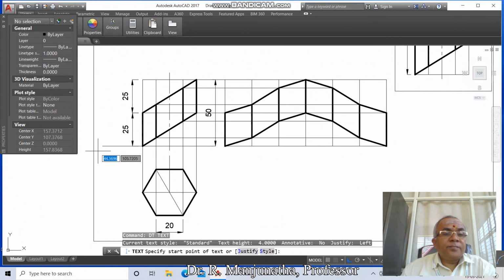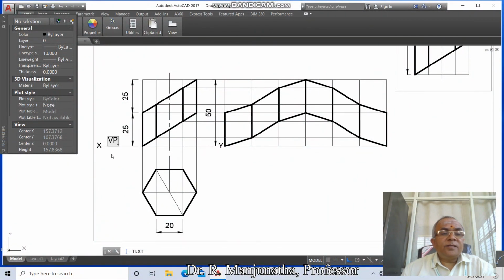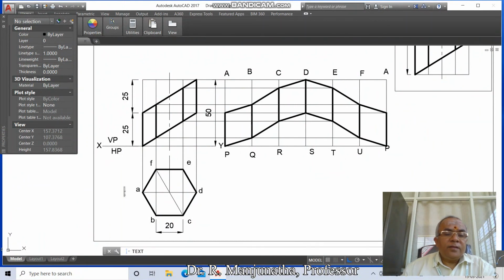Then go to dtext, here mark this as x, you mark this as y, you mark this as vp, you mark this as hp, then here you mark this as capital A, B, C, D, E, F and A, then here you mark this as P, Q, R, S, T, U and P, then you mark this as small a, b, c, d, e, f, then here in brackets p, then q, then r,